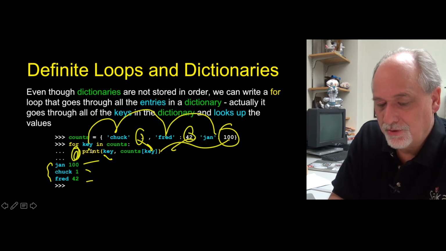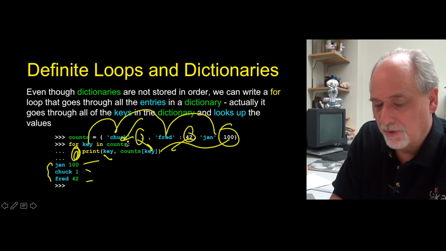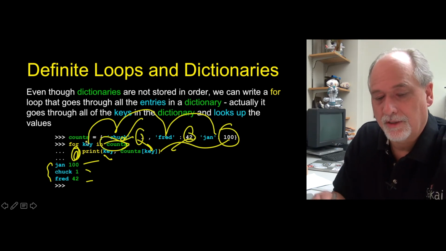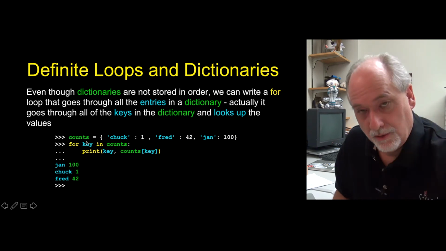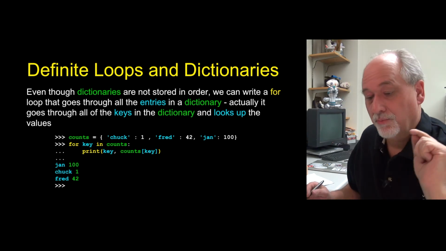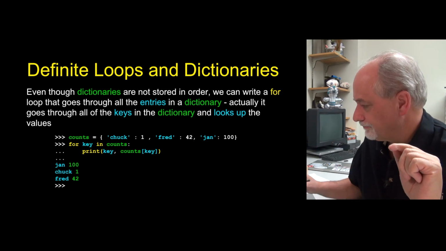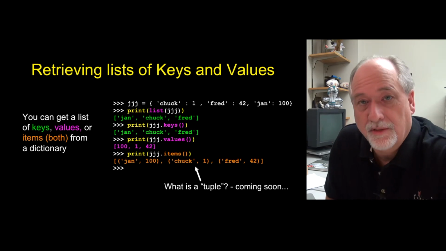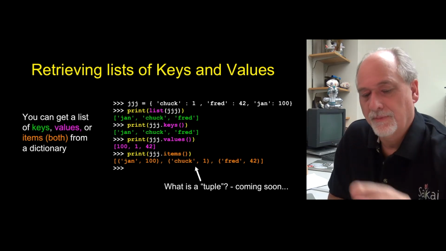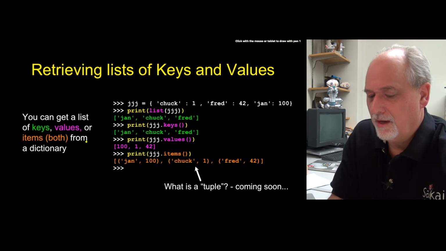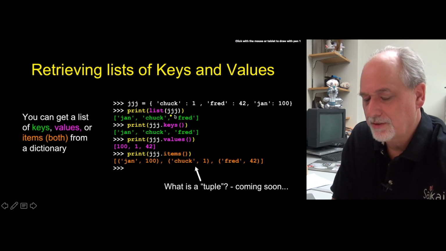So if you just use the in and you give a dictionary here, remember all the different things we've been able to put there on the end of a for loop, and dictionary is another thing we can put on, and we get a list of keys. Now there's a couple of methods that allow us to get the keys. We can say turn this into a list, and we get a list of the keys. So this is a dictionary, the same dictionary. We get a list of the keys.